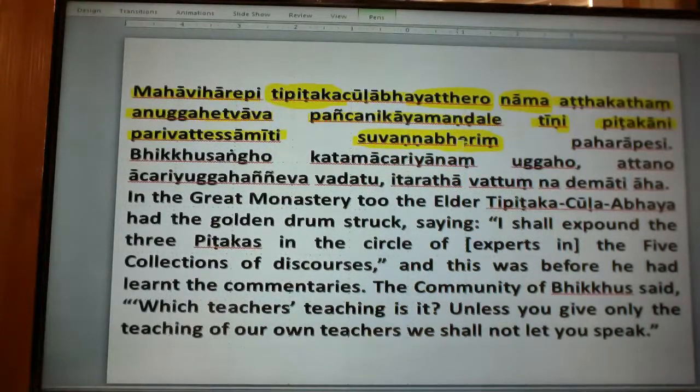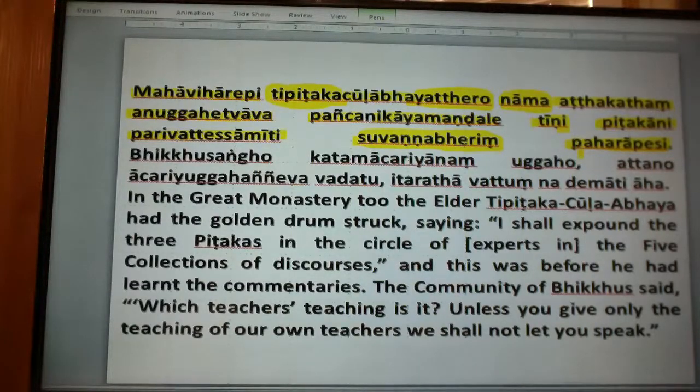In Myanmar, many temples have them. In our village in Burma, there's a big drum. When we are eating, we strike it like this, so the village people can come and eat together. It announces that right now it is eating time. So he struck that kind of drum because he wanted to explain the 3 baskets,